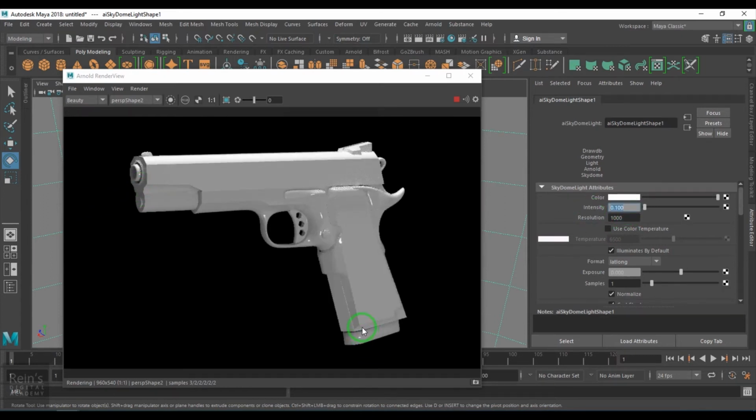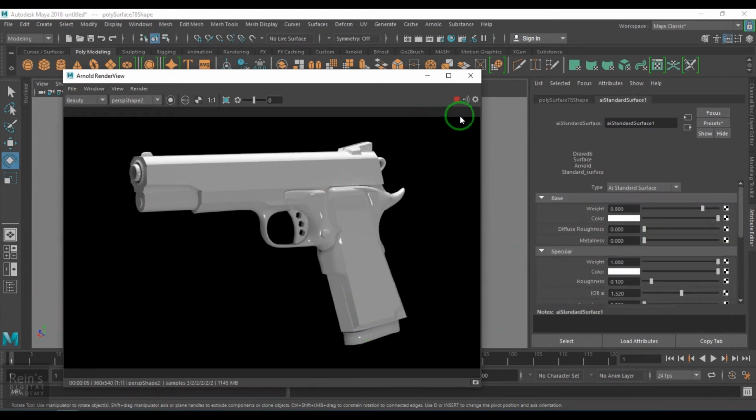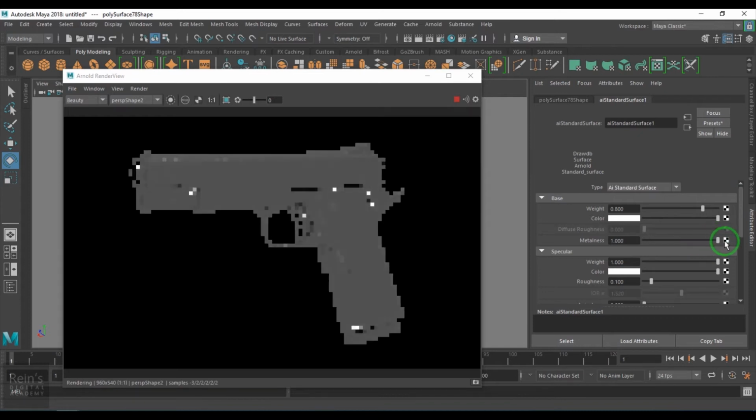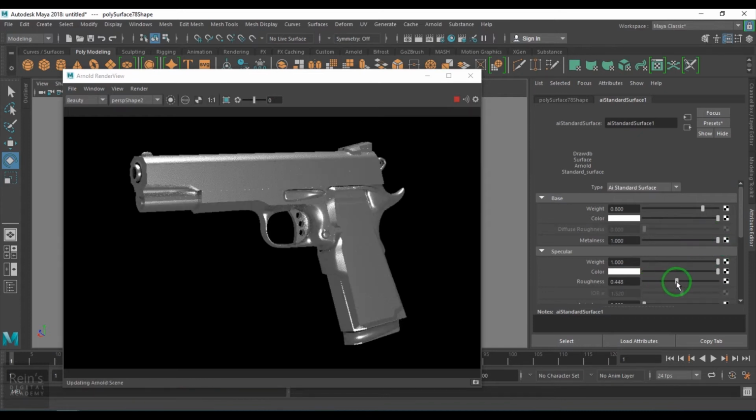Now select the gun model, and then I'll also put a sky dome light. I'll put the visibility of the light to the camera off, and put an intensity so that some planes which are in dark will be filled. Now I just want some metal here.